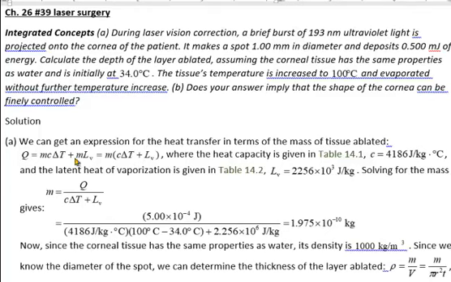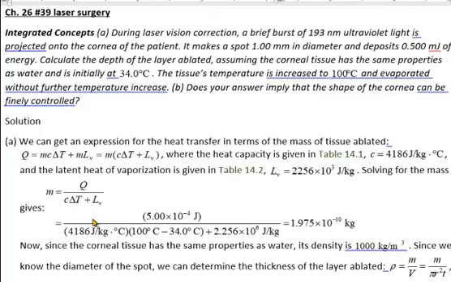So here they did just a little bit of algebra, figuring out what the mass is, and then they're going to use the mass and the density in order to figure out what thickness of the layer is actually burned away, so to say. So here, after doing the algebra, it's the heat that is given here, 0.5 millijoules, divided by specific heat, which